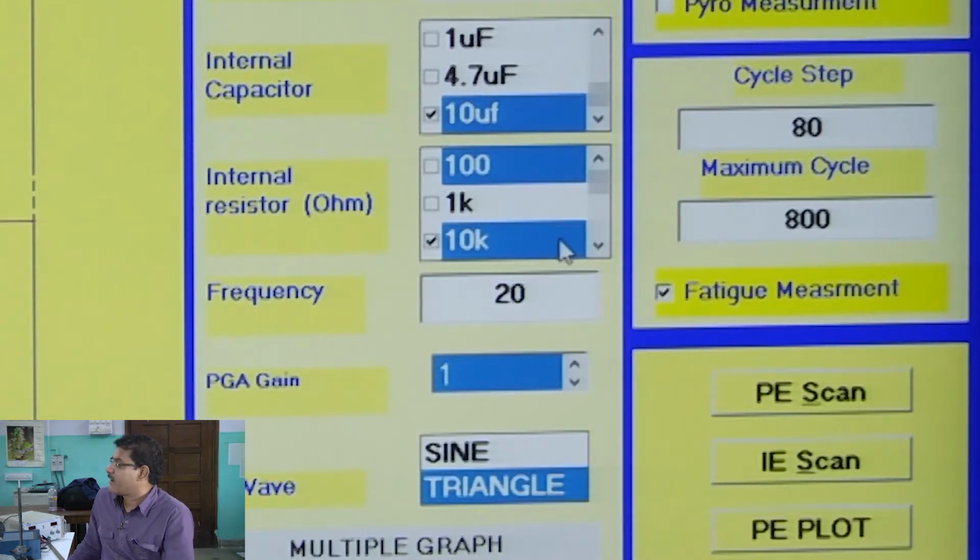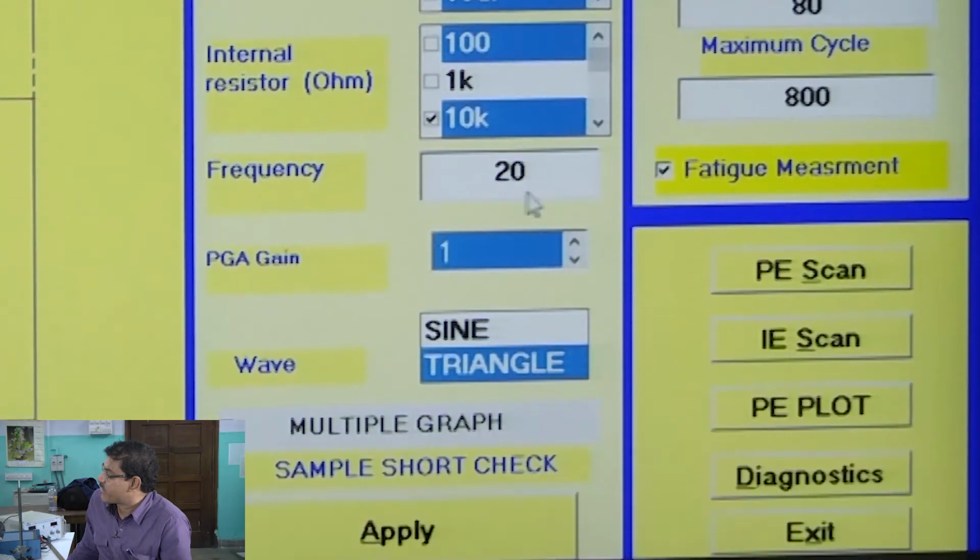And this is the frequency, PGA gain, and wave type, sine wave or triangular wave. So, one has to choose this.